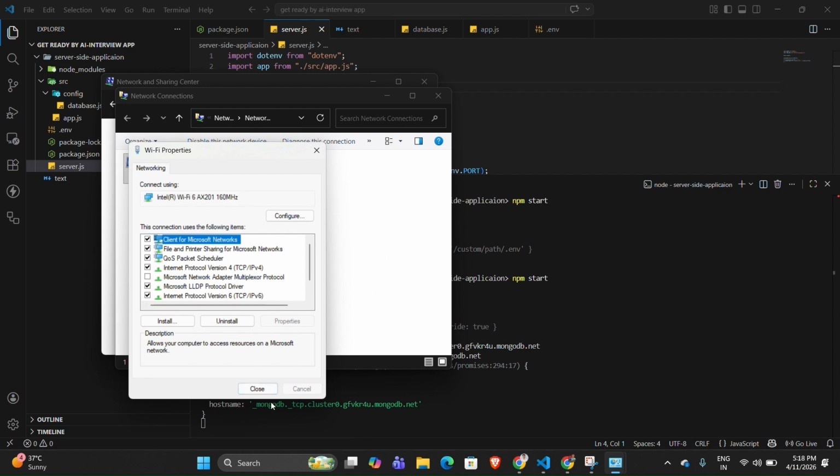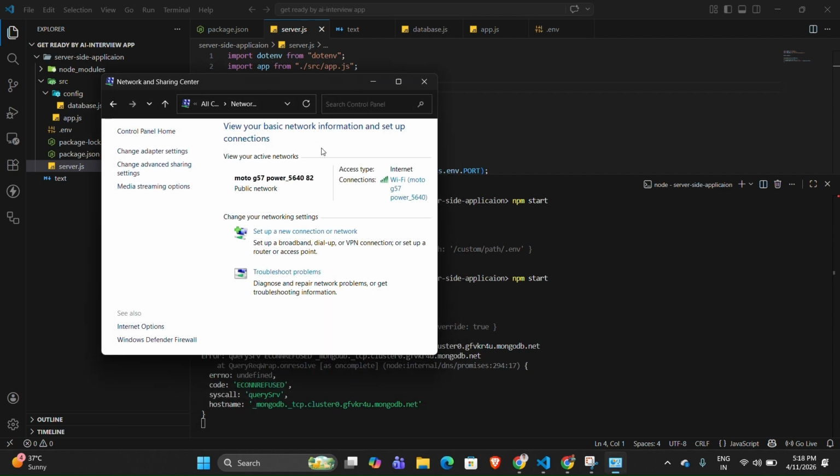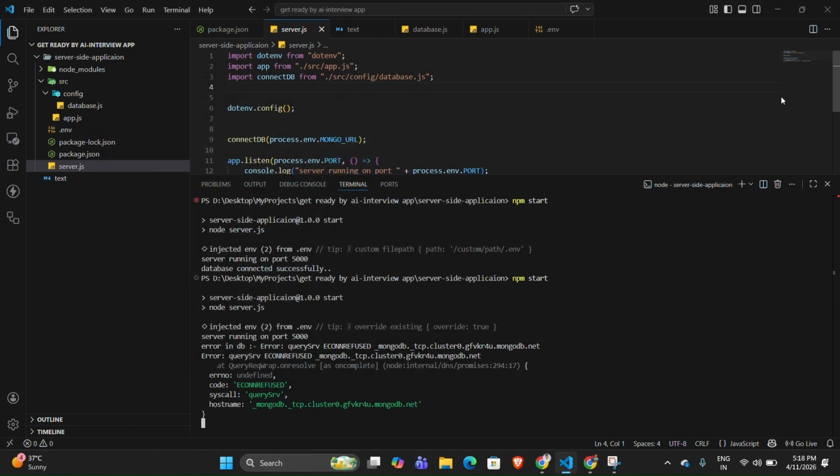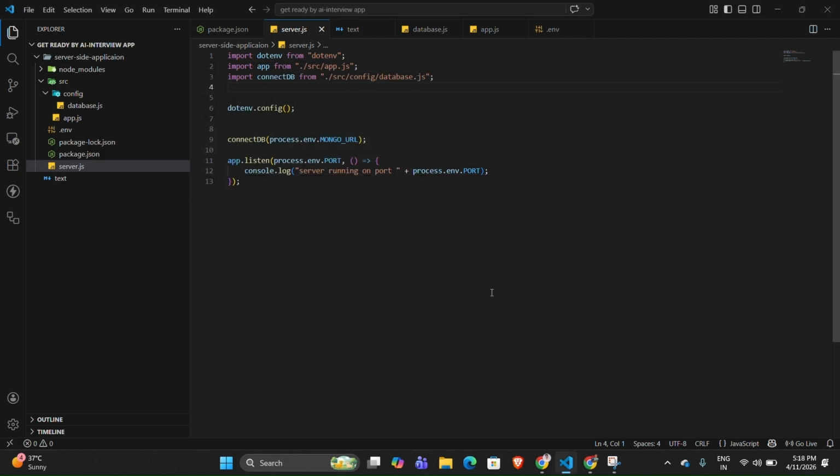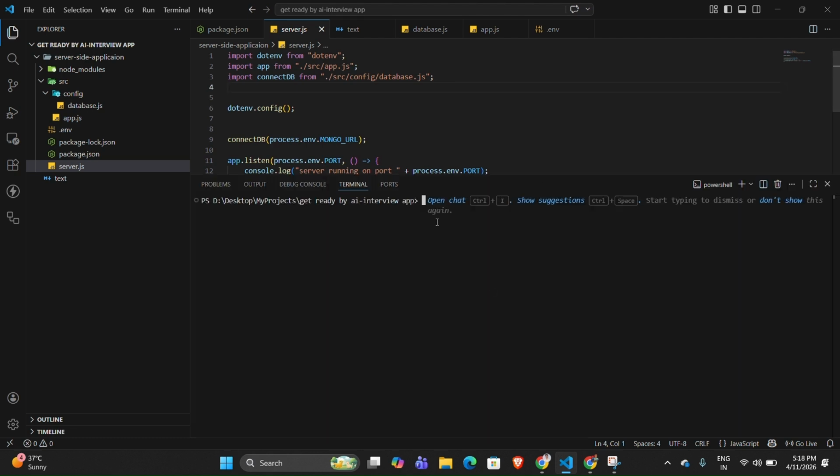Then click Close and close all the windows, and restart your terminal. Then run your project again.